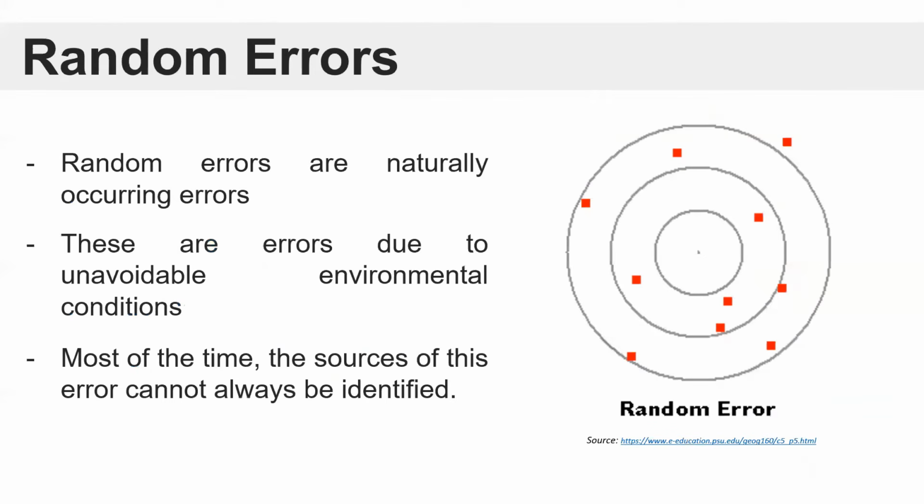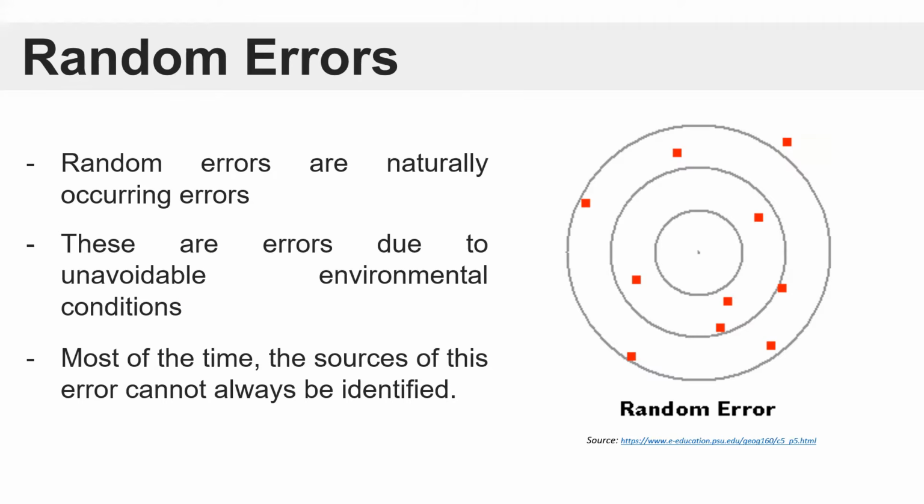And the last type of errors in measurement is the random error. So random errors are naturally occurring errors. These are errors due to unavoidable environmental conditions. Most of the time, the sources of this error cannot always be identified. Since the error happens at random, it becomes difficult to trace the cause of error, unlike in the systematic error where you can always examine the experimental procedure or the design in order to troubleshoot your error in measurement. Sa random errors, mas mahirap siya kasi hindi mo alam kung kailan ka nagkamali, kung saan ka nagkamali, o